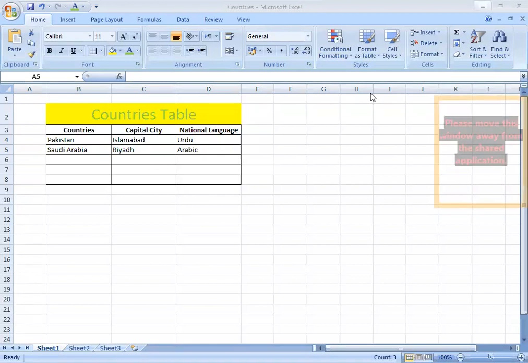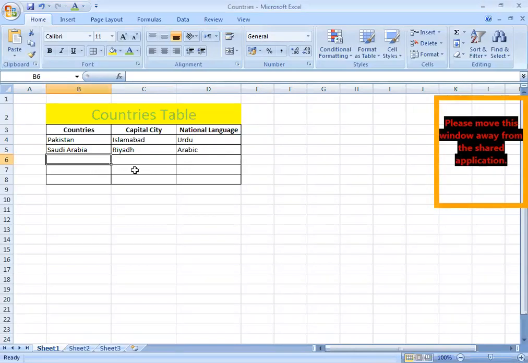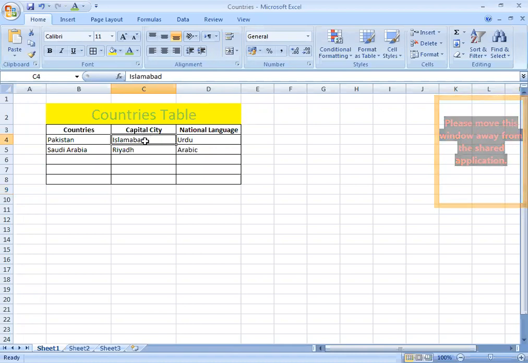See this, I have Pakistan, Saudi Arabia. In the same way, you have to enter the data for 3 countries also. Any country you like, its capital city and its national language. Now, for example, you can see Islamabad is typed here as left aligned, because all the text is towards the left of the cell.